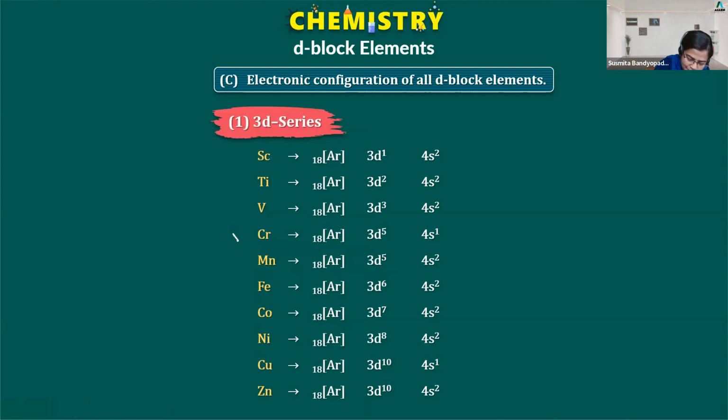I'll tick the culprits. Here the reason is very simple. The stability of the half-filled and fully filled configuration is the reason for this anomalous behavior. Fine. Students, because later on when we discuss, we will definitely take those things into account. In case some people have studied coordination also,